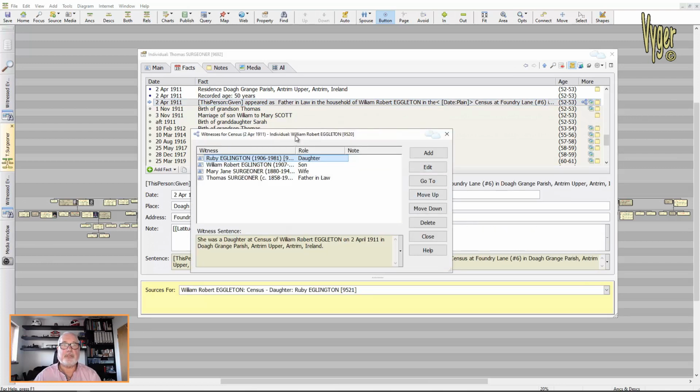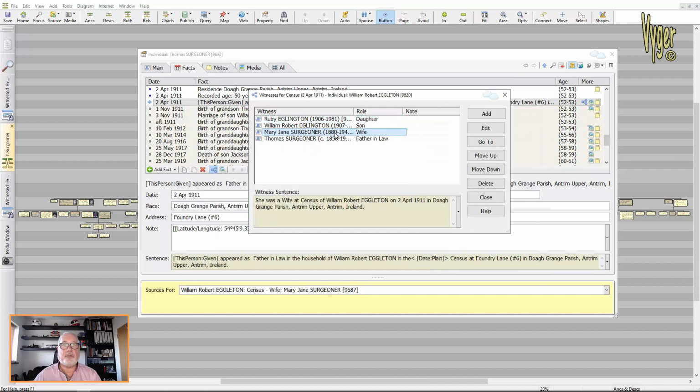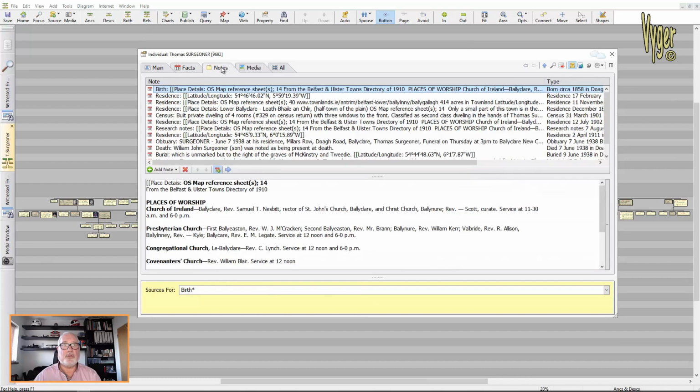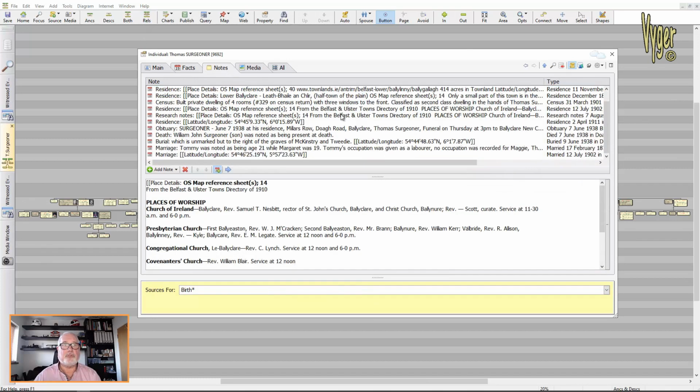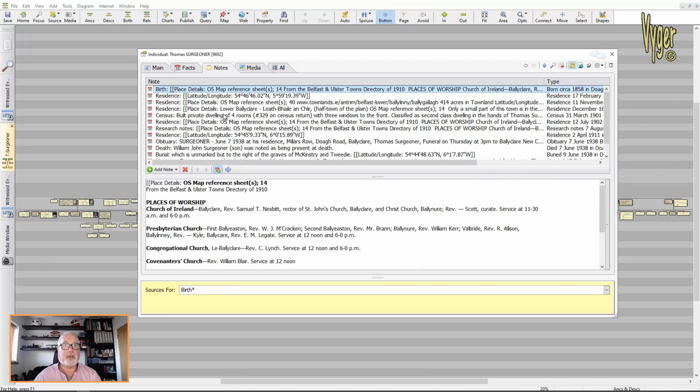So here's all the people it's shared with, and I can reorder those if I want. I can move those up or move them down, which is another thing that's been recently asked for in RootsMagic. Let me close this and go to notes. These are all of the notes to do with this individual, and I can double click and move into any